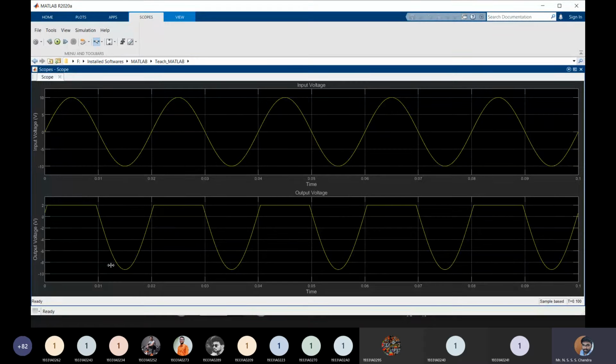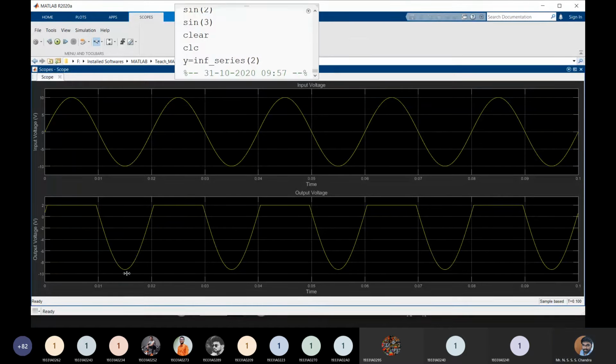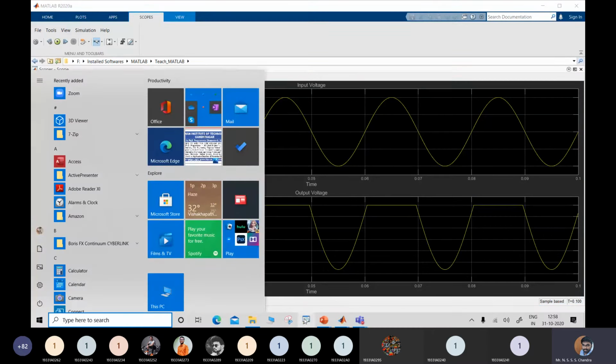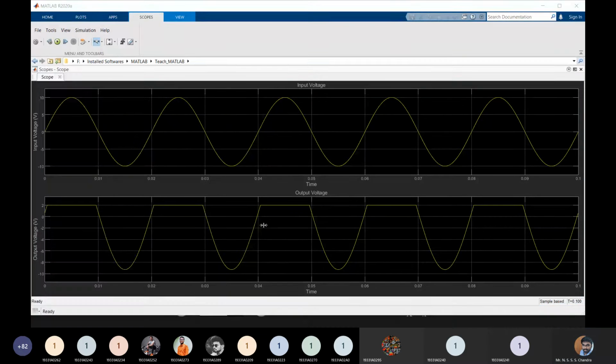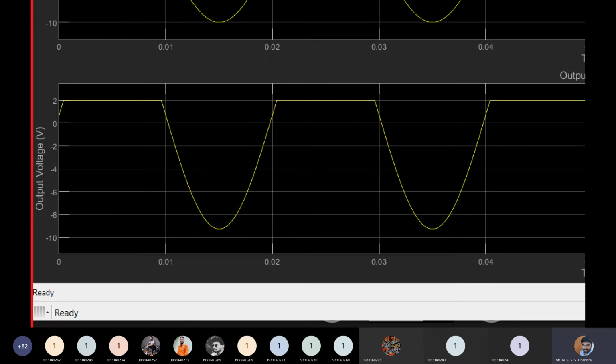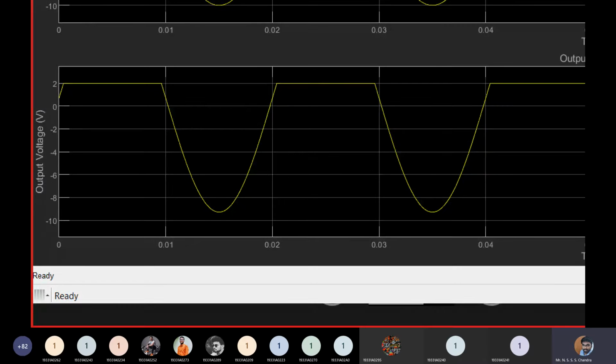Can you see this? Is it equal to minus 10? No, sir. No, right? So what is its value? 9.3. Yeah, it is minus 9.3. Okay, so your voltage will be equal to minus 10 plus your VD voltage, which is equal to 0.7 volts. So it is nearly equal to minus 9.3.